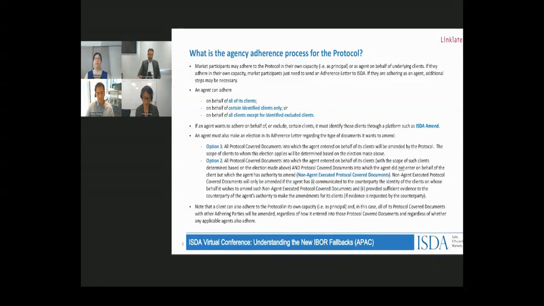So if you have a bespoke set of terms that any of the other banks, Citibank, JP Morgan, even DBS, had entered into a separate OTC derivative agreement with you, that is not one of these agreements listed in the protocol. Even if it references a relevant IBOR, you would need to make your bilateral amendments. It won't be picked up by the protocol. So adhering to that won't amend those bespoke terms and conditions if you have any, even if they do happen to reference relevant IBORs. I hope that was helpful.